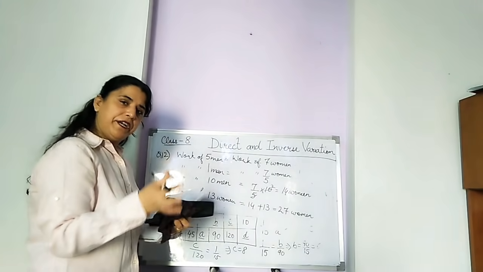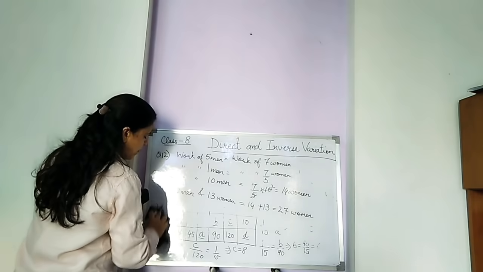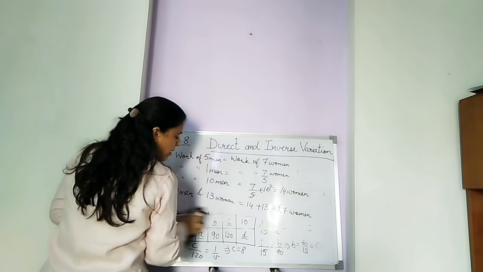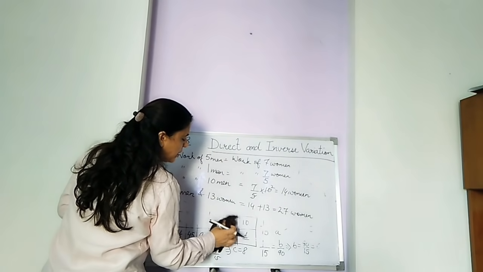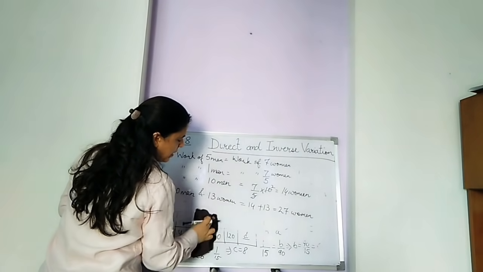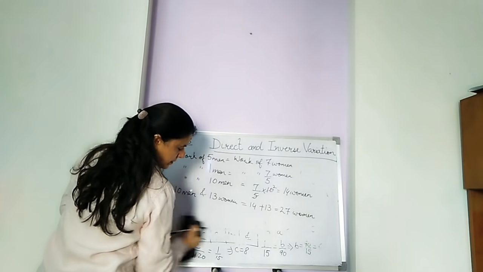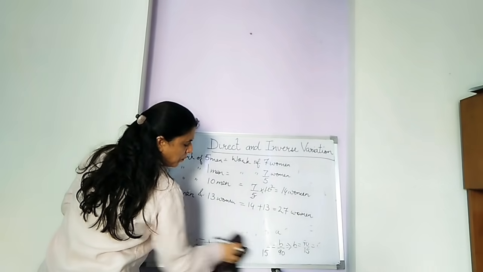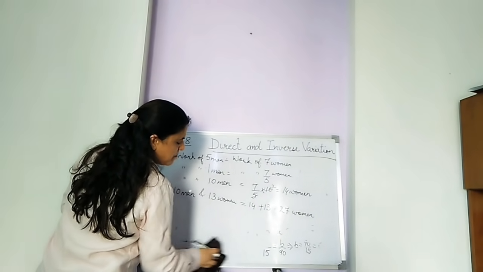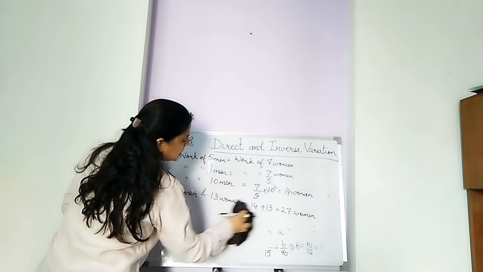Okay, we have converted it into one variable. Man or woman was there, or when goat or sheep is there, such questions are also there in your book. When such questions are there, try to use this. Convert them to one variable, one form, like either men to women or women to men. Clear? Then there will be no problem.